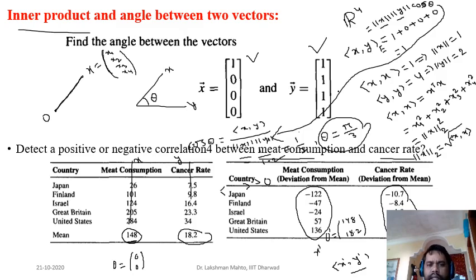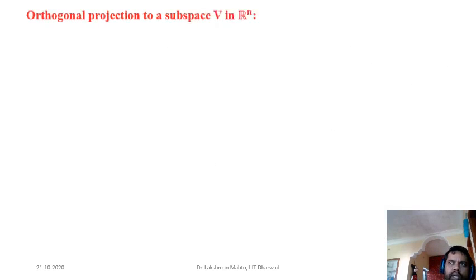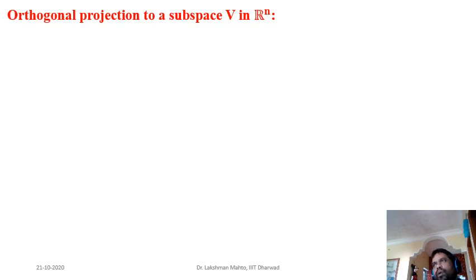Just like finding correlation, you find the inner product. That one is also one kind of correlation measure. Later, in the next semester, there would be one course, probability and random process. There you will come to know a lot about measuring correlation. That is the Pearson coefficient, and many different kinds of correlation coefficients come up.